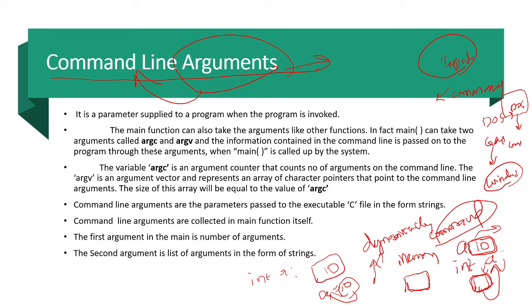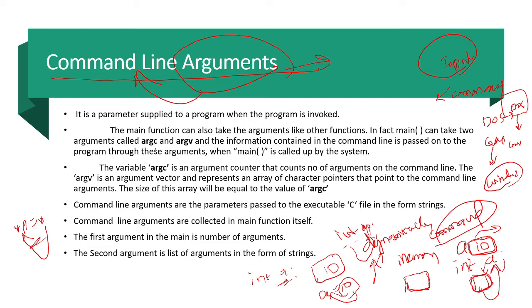In the same way, suppose I declare int *p. What is *p? p is a pointer variable. Here again the pointer variable is declared as integer. What is the memory requirement for the pointer variable? 2 bytes. But here you are not allocating the 2 bytes of memory right there. Suppose you assign *p equals 10, then the memory is allocated. So in the first case, what you observed, static allocation will be there. In the second case, dynamic allocation. So in static allocation, before assigning the value to the variable, the memory is allocated for the variable.